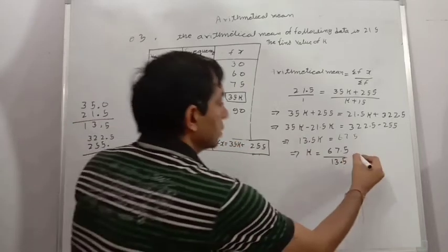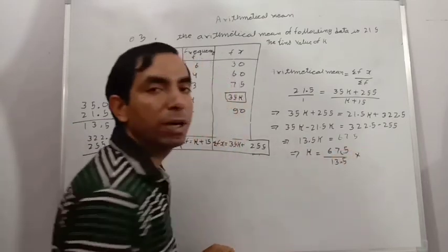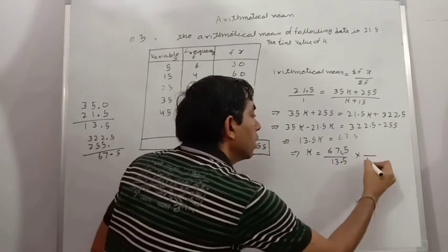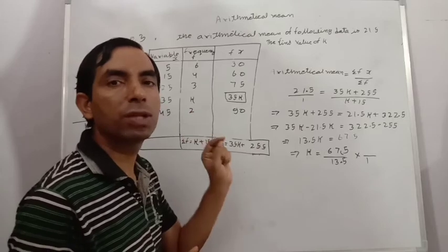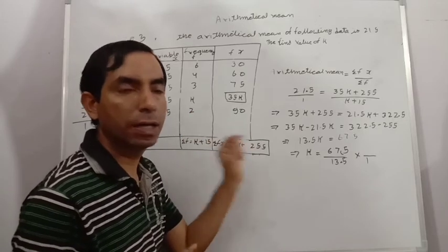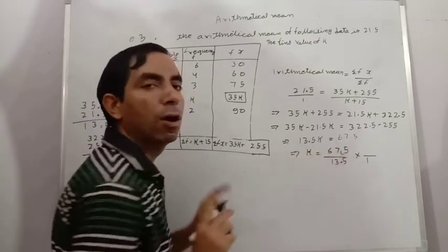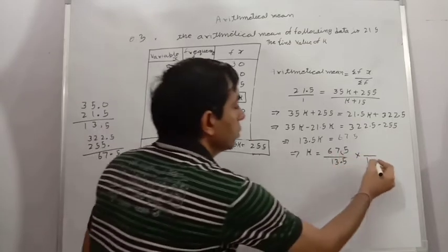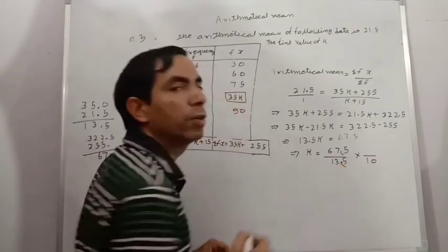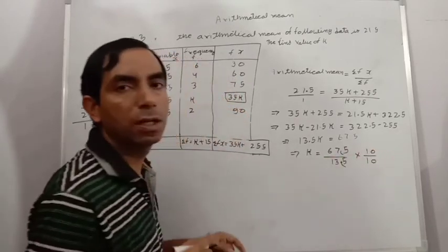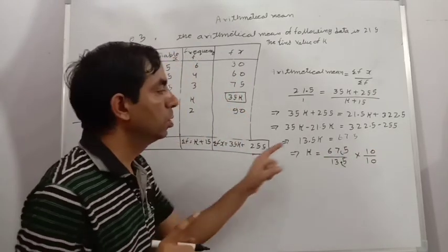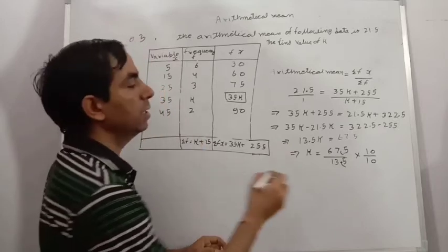So first we remove the decimal in the numerator and write 1 in the denominator, and write a number of zeros equal to the number of digits that come after the decimal. Here after the decimal we have only one digit, so we write 10. Similarly we do the same with the denominator, writing 1 in the numerator and zeros equal to the number of digits. So now we divide it.